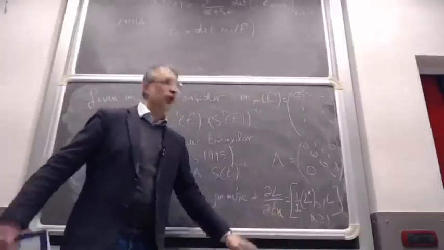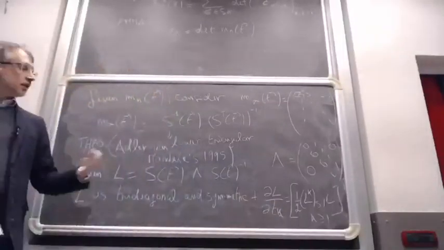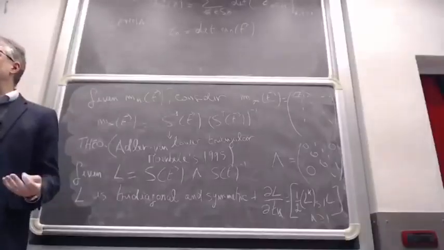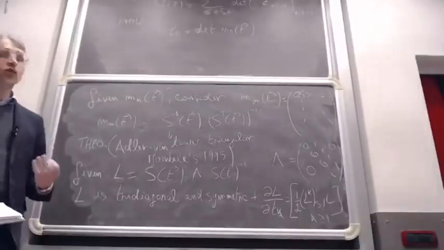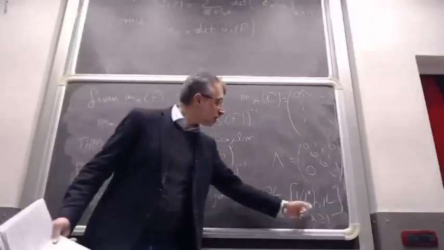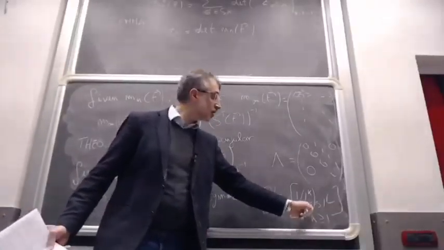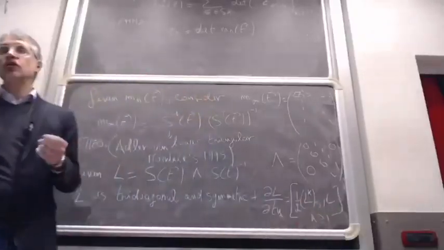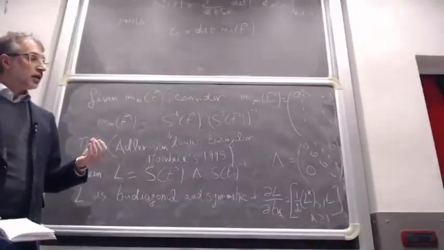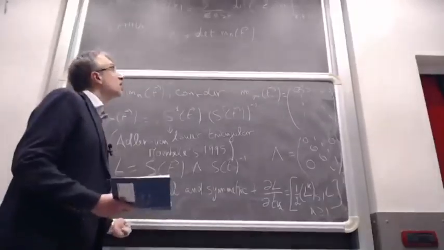Those who are acquainted with integrability will recognize in this a Lax equation. So L is the Lax matrix, indeed, of the Toda lattice. So what is this quantity here? This is the kth power of L projected on its skew-symmetric part. So just to give an example,